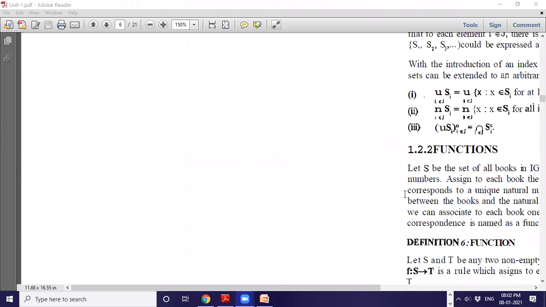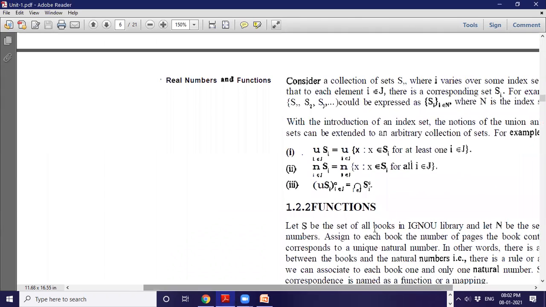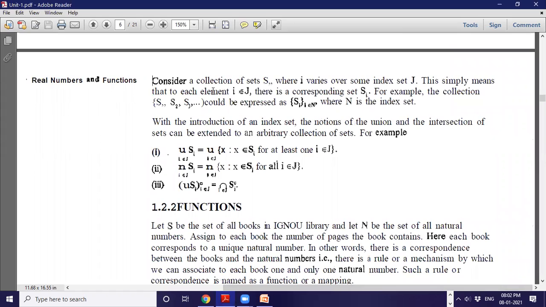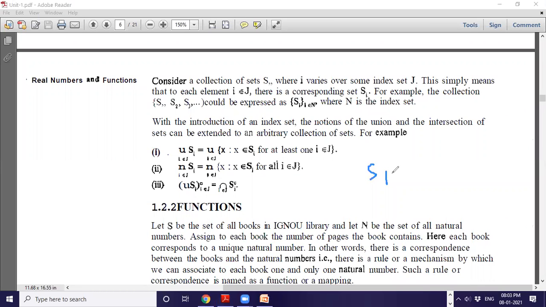Now, let's move ahead. Consider a collection of sets S_i over some index set J. This simply means that to each element i belongs to J, there is a corresponding set S_i. For example, the collection S1, S2, ..., Sn could be expressed as S_i, i in the index set. तो ये एक नोटेशन है कैसे आपको रिप्रेजेंट करना है. सपोज हमारे पास S1, S2, S3 ऐसे हैं,